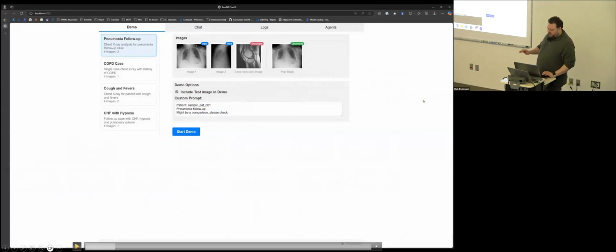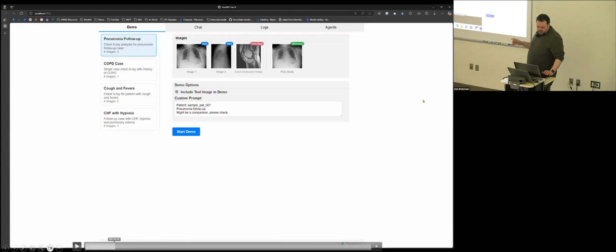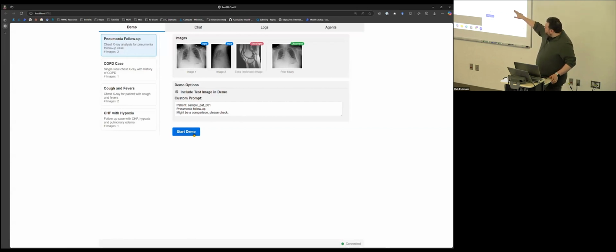Essentially, this is a demo, and we have a couple of different demos that you can select. Part of what happens in the demo is that it's going to take the first three images. The first two are correct images that should be input, and the last one is something that's completely irrelevant. Say you accidentally added the wrong image; it's just to show how it can analyze these images and disregard them. And then the prompt below that says, here's the patient ID, the indication is a pneumonia follow-up, and you're not sure if there's a comparison. You don't know if there is a previous exam to look at,